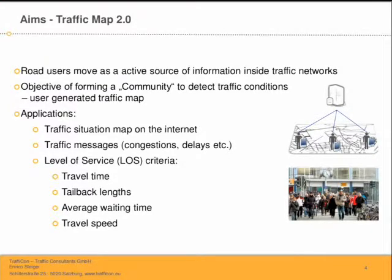And one approach we were following is deriving road data from single users, who are moving inside the traffic networks, as an active source of information. So not just as a passive sensor, but also as an active part of generating traffic data. So the objective would be to form a community to detect the traffic conditions and to process